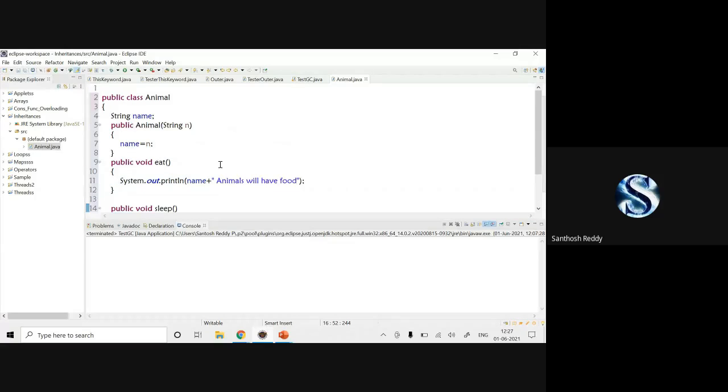This is the generalized class, where dog will sleep and eat, lion will eat and sleep, tiger will eat and sleep. Now, coming to the specialized classes, how will a dog roar? I mean, how will it speak?